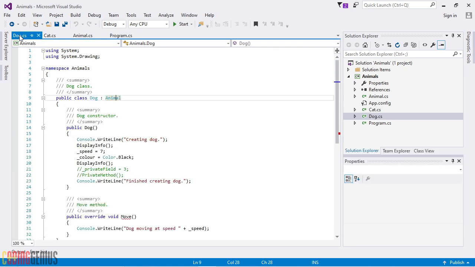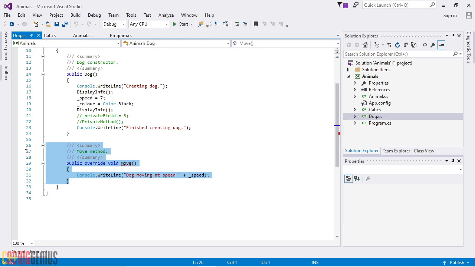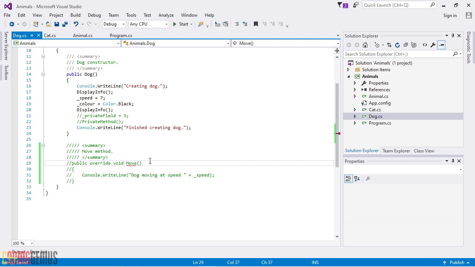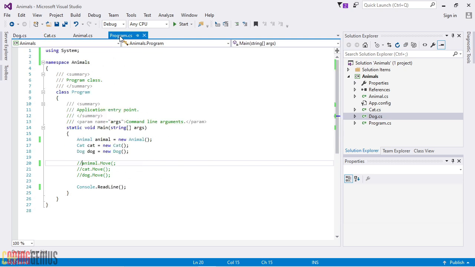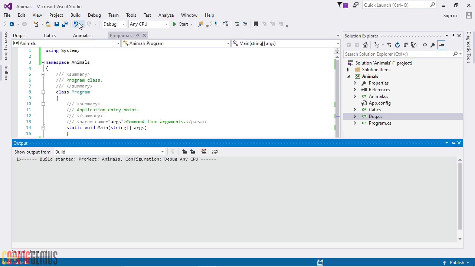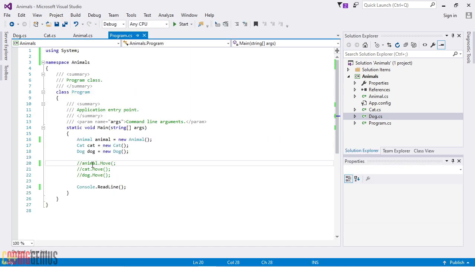Okay, yeah, because this one is failing, so I just have to disable this one. Yeah, because I have referenced it here, and it's also expecting the move to have the same signature. That's why it's not building. So if I build this now